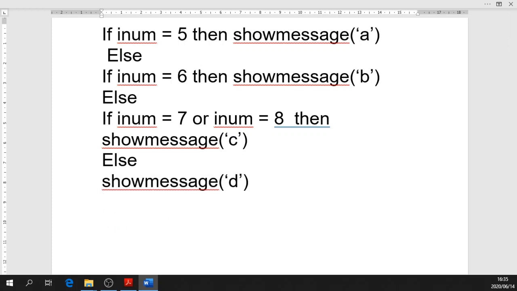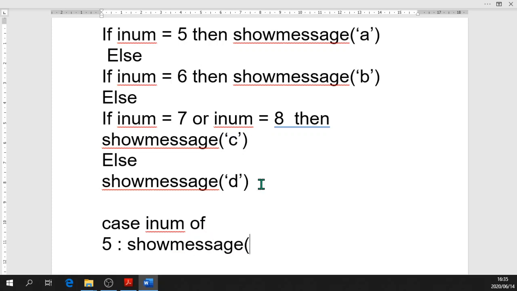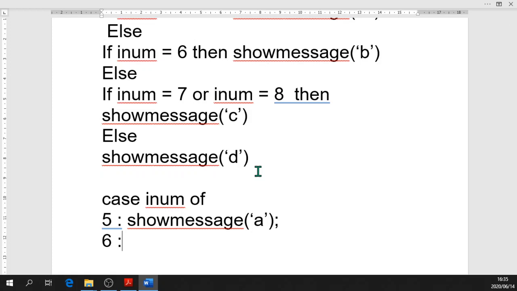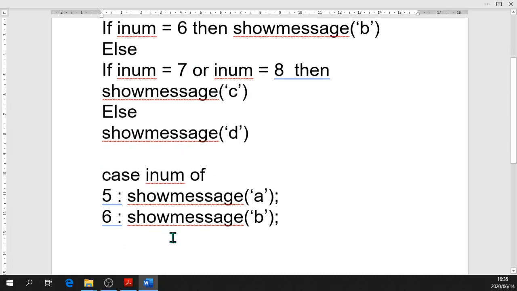So how you do it, you say case iNum of, and then we say 5 and colon, then we say ShowMessage A, semicolon, and if it's 6 we will show message B. Okay, semicolon. Then we have 7 or 8. Well, you can have 7, comma, 8, colon